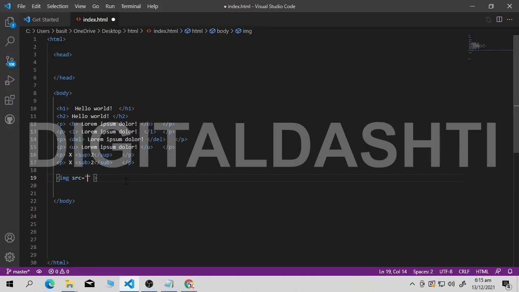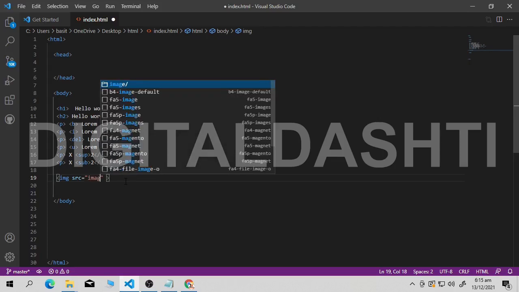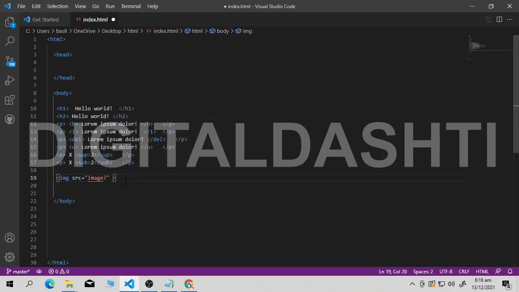Now our image is inside the image folder. Fine, now currently in SRC we are in a root directory. Now I will command it to go inside the image folder. Okay, how do I do it? Just write image and slash and the name of the image.